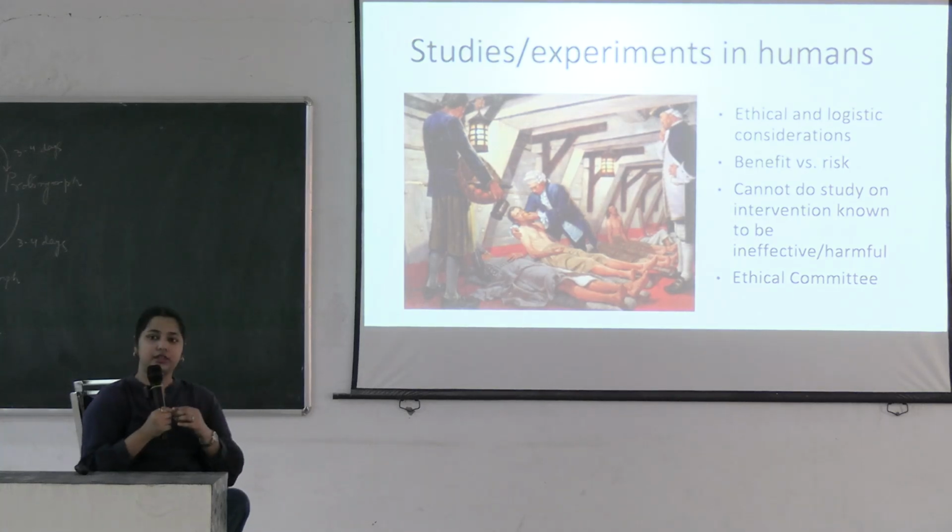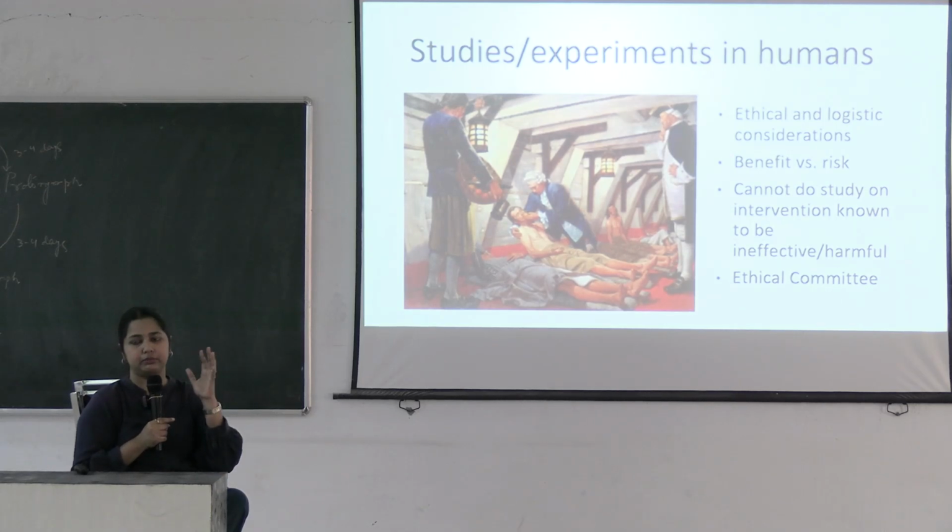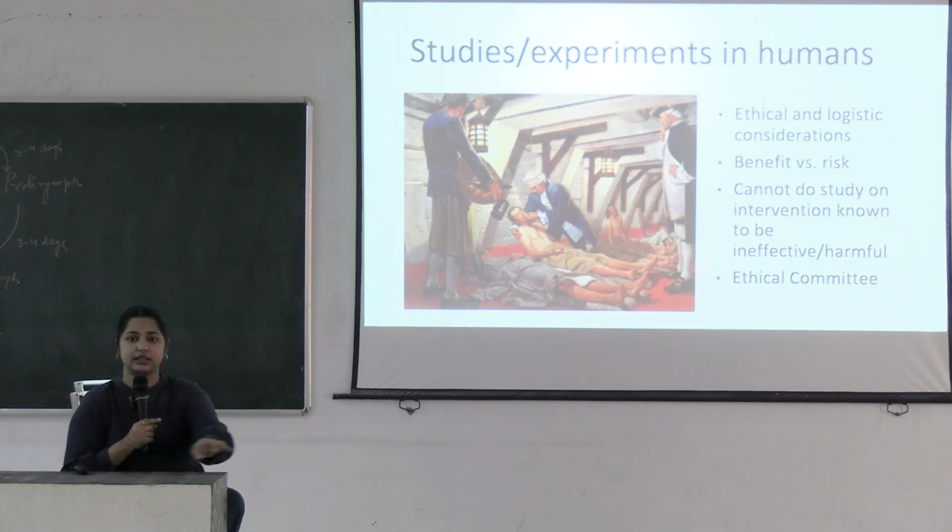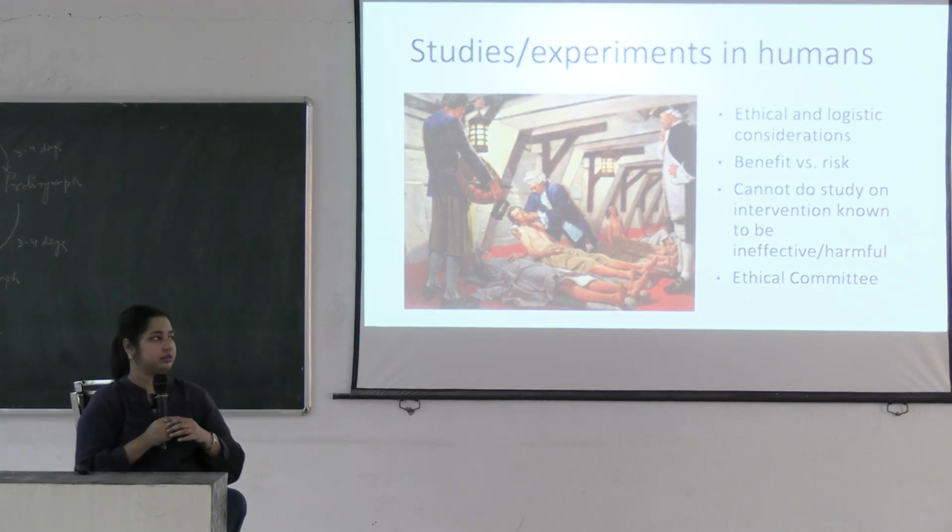Benefit versus risk. Obviously, again, the ethical principle comes into action: the benefit should be more than the risk. If the risk is more, and the patient may be harmed adversely, then usually the study is not permitted. But if the patient is benefited more than the risk, then the study is usually done. So whenever you want to do an experimental study, you have to keep the benefit in mind more than the risk, and you have to outline whatever risks can be there in this experimental study, and then provide necessary compensation.